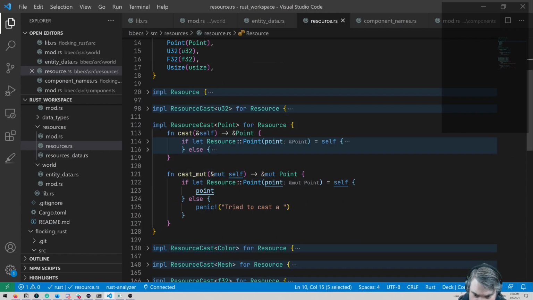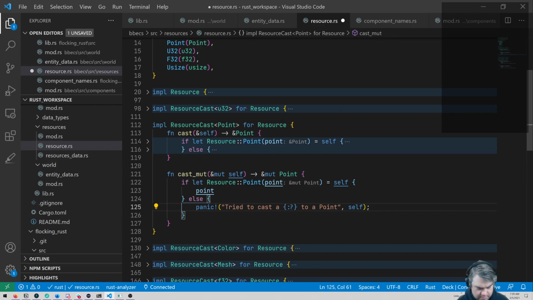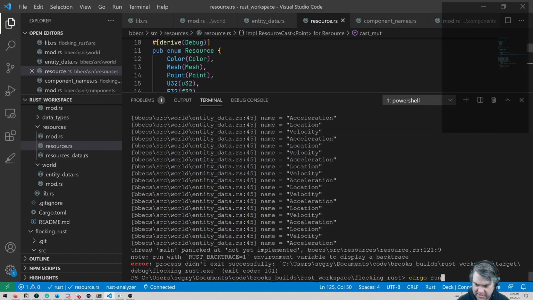Okay, so what that means is try to cast a to a point. So that will be a little bit nicer of an error message. All right, let's try this again.